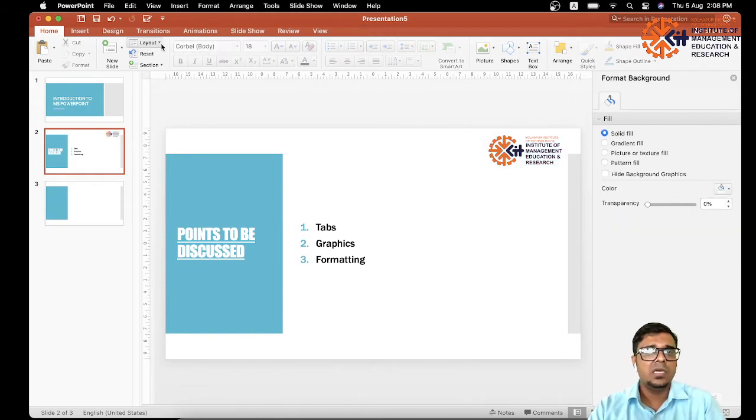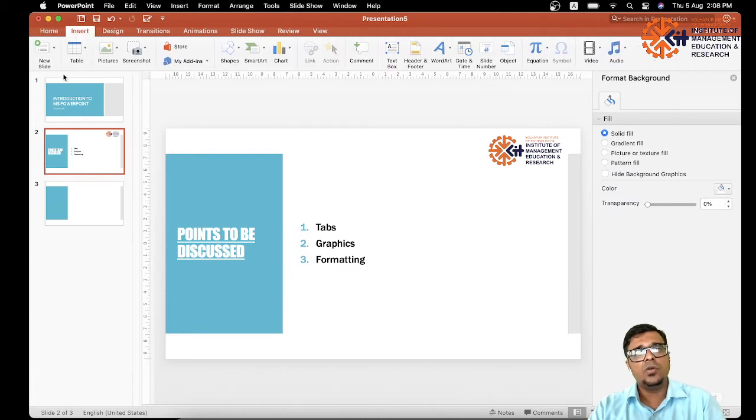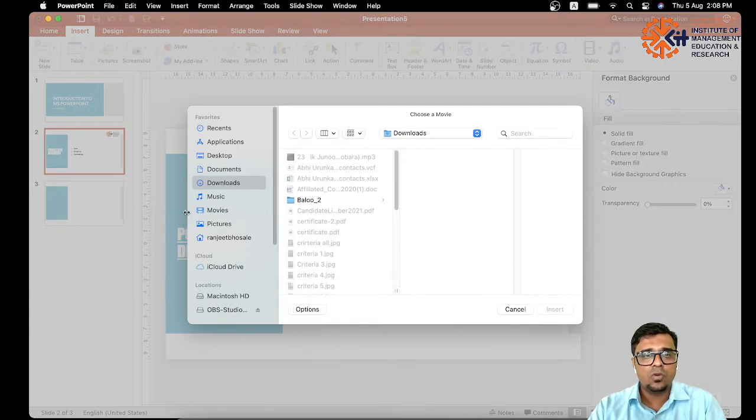Now I'll just delete this. I'll go to the insert tab. Here you can see the actual things that you can insert. You can add an audio, you can add a video. Okay, if I want to add a video,